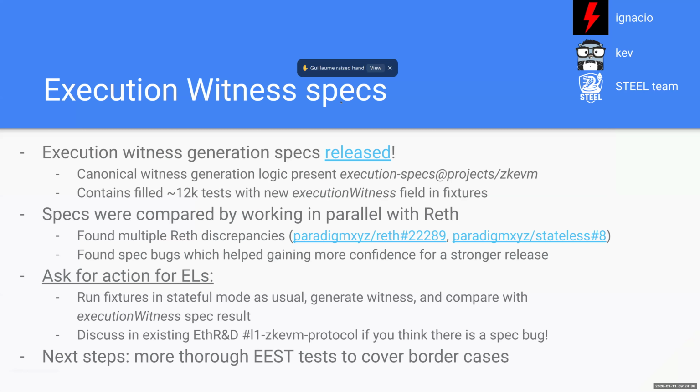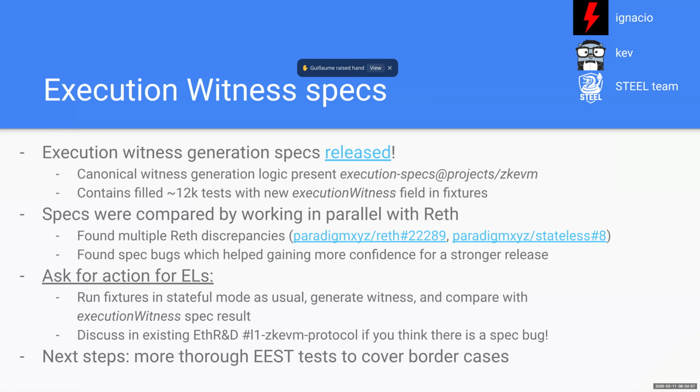Yeah, Guillaume? What did you focus on Reth for? I mean, okay, let me rephrase the question. Did you test with Geth at all? Because Geth and Reth are incompatible, and I would argue Reth is buggy. So why pick the one client that is no longer concerned with Ethereum?